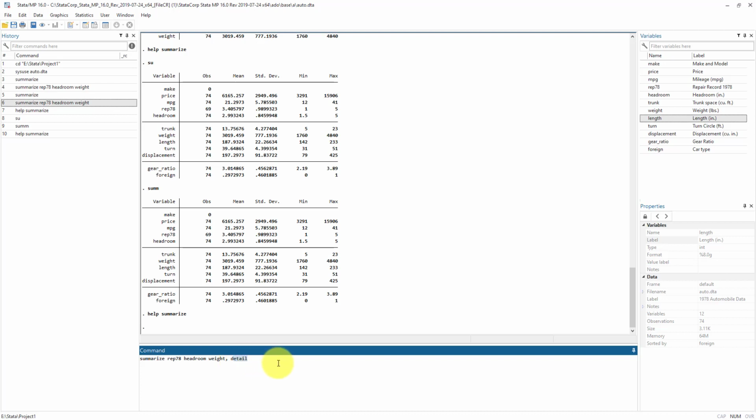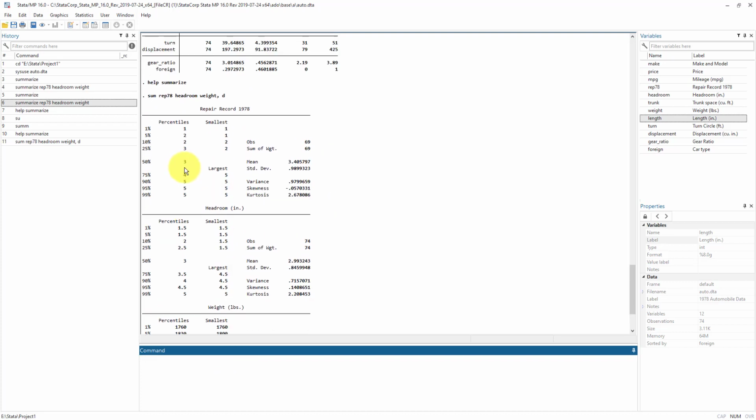Or we can simply write D. We can abbreviate this command, and instead of writing summarize, we can simply write sum. So just to give you an idea that we can abbreviate these commands. So if you press enter, you would notice that